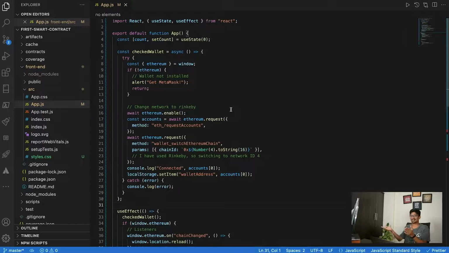Now what's next? We have created the basic UI and connected to the wallet provider. Now it is time to call the methods that we have written in our first smart contract. Instead of using this local variable, we have to directly utilize the values that we are getting from the decentralized smart contract that we have created. That is our next step. So now I'm going to